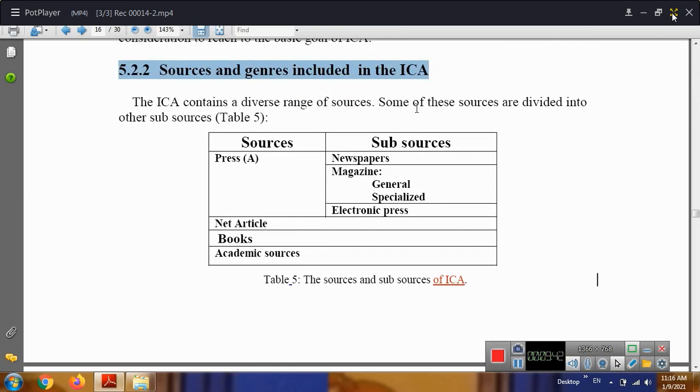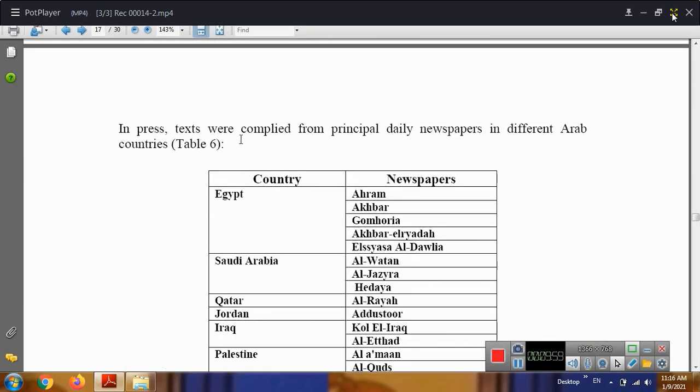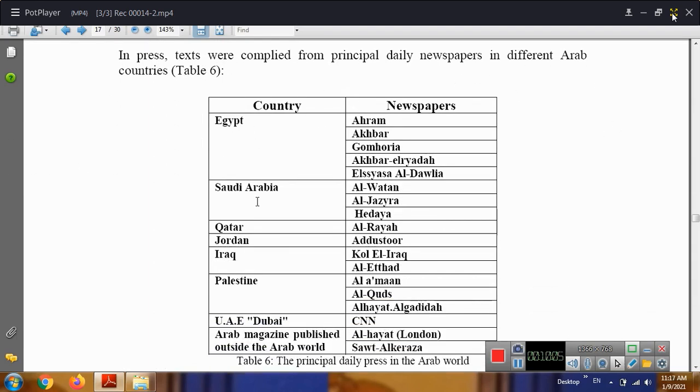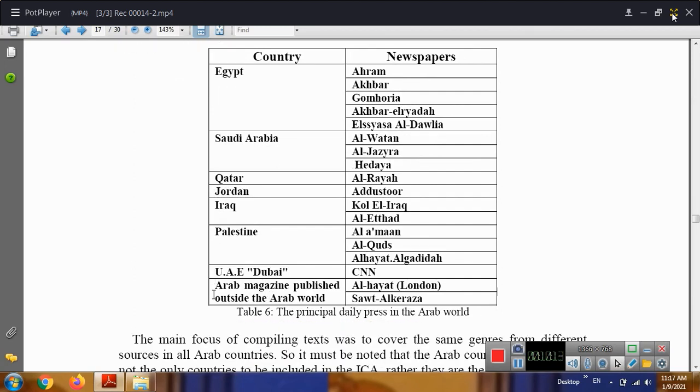The ICA contains a diverse range of sources. Some of these sources are divided into sub-sources, like press, newspaper, magazine, which has two types, general and specialized, electronic press, net article, books, and academic sources. In press, texts were compiled from principal daily newspapers in different Arab countries: Egypt, Saudi Arabia, you can see the newspapers here, Qatar, Jordan, Iraq, Palestine, UAE, Dubai, and Arab magazines published outside the Arab world. You can see the newspapers, for example, CNN, Al-Qaid,